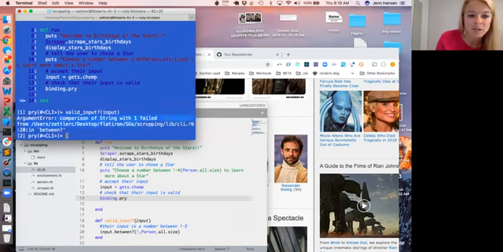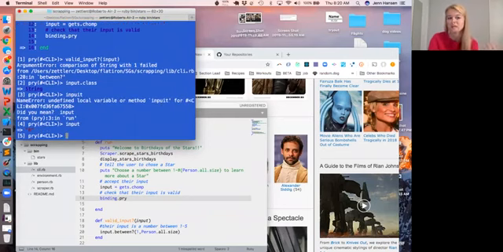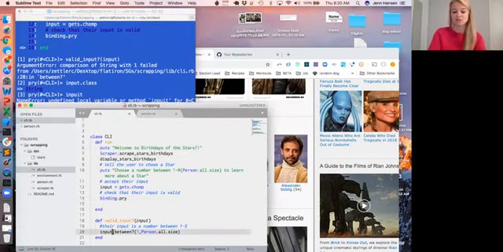Valid input, comparison of string with 1 failed. What would be a solution if you saw that error in your own code? What is that error telling you? Remember, anytime we get an input, even if they give us a number, input is going to be a string. So if we look at the class of input, it's a string, even though it's a number. It's going to be a string number. So we would need to somehow change this to